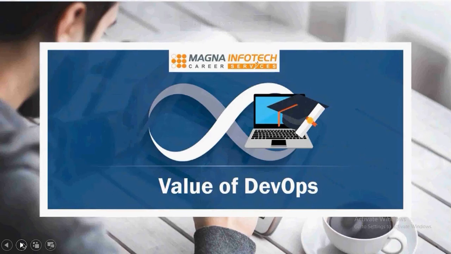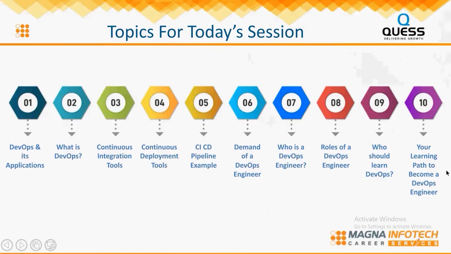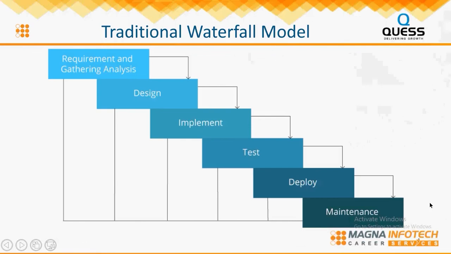So I don't want to repeat completely. I just gave my introduction before, guys, and this is the thing which I'm talking about. This is the DevOps journey, the path. Now, this is the thing I was talking about: requirement gathering, analysis, design, implementation, testing, deploy, and maintenance. Previously, we were saying that we are doing everything separately. These are connected, but they do not have proper collaboration. Until requirements are done, you cannot do the design. Until design is done, you cannot do implementation. Until implementation is done, you cannot do the testing, and similarly for deployment and maintenance also.